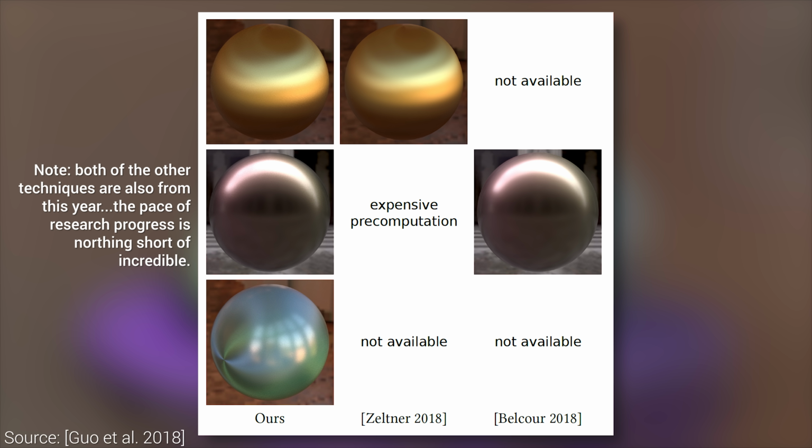So, what's new here? This new method supports more advanced material models that previous techniques were either unable to simulate or took too long to do so. But that's not all. Have a look here. What you see is an equal time comparison, which means that if we run the new technique against the older methods for the same amount of time, it is easy to see that we will have much less noise in our output image. This means that the images clear up quicker and we can produce them in less time.